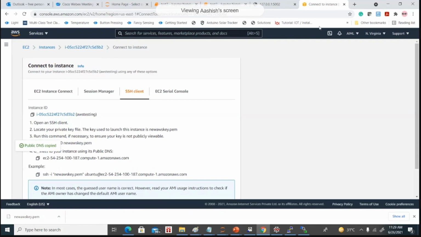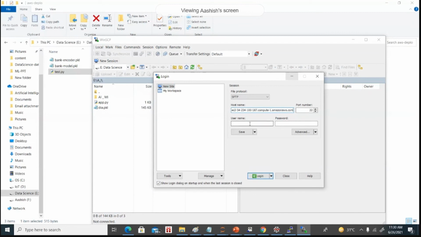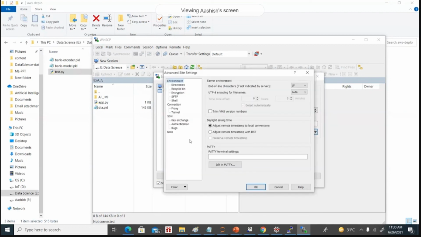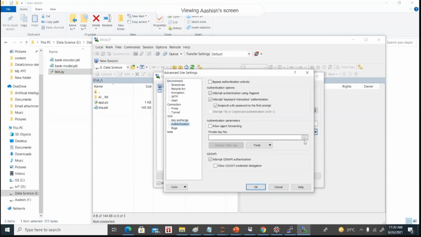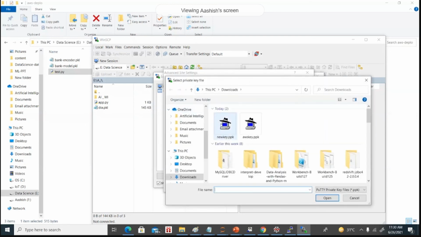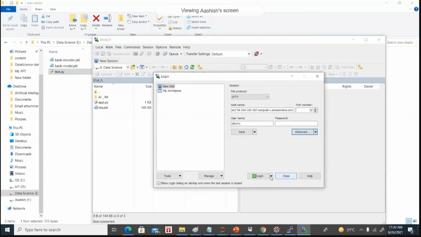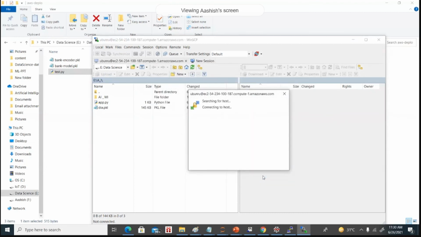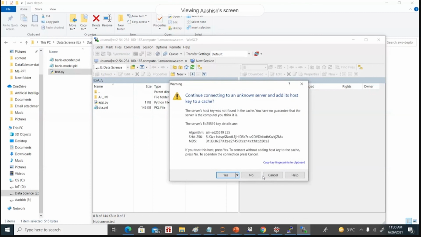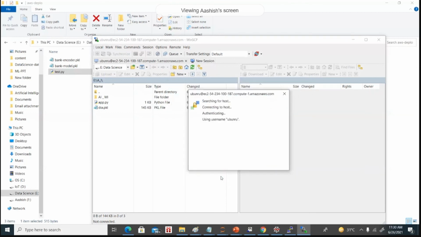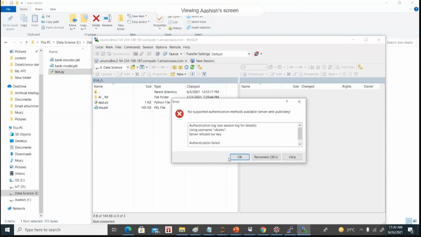So this is my instance here. You can just click on the instance, and click on Connect. We have the endpoint, the public DNS. Copy it and paste the public DNS here. Your username you can specify here. And we just load that particular file, the security key, to connect with this virtual machine. Okay, and then log in.